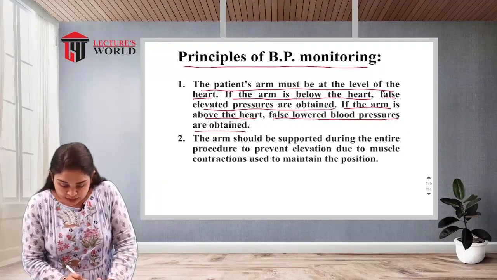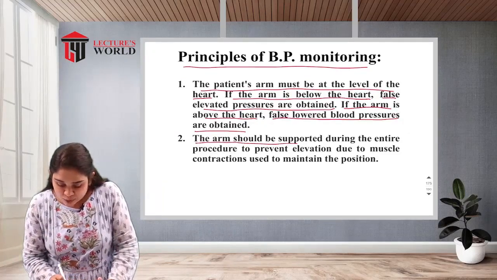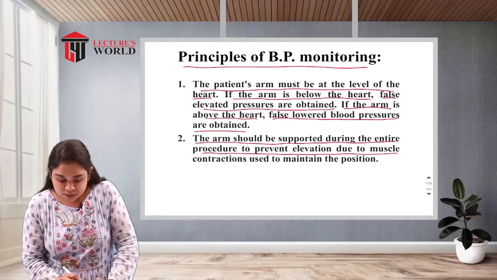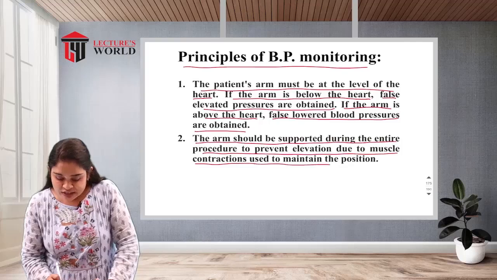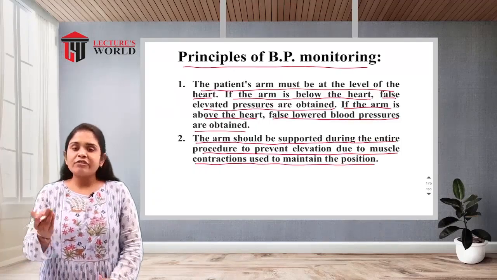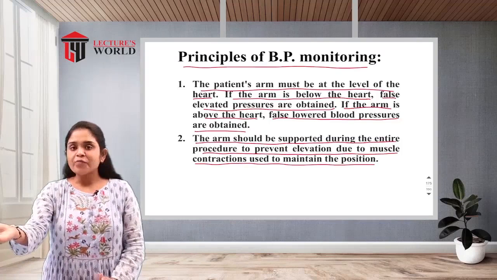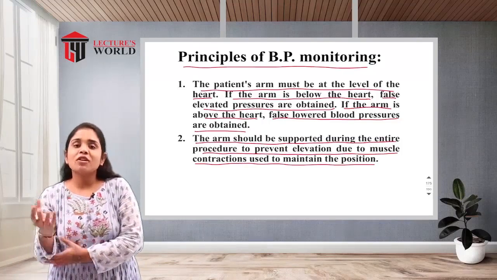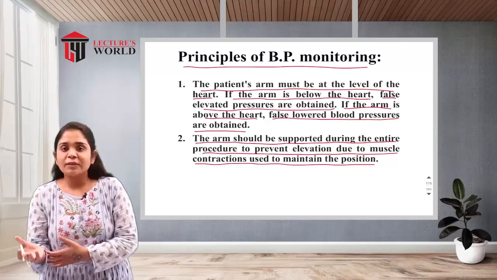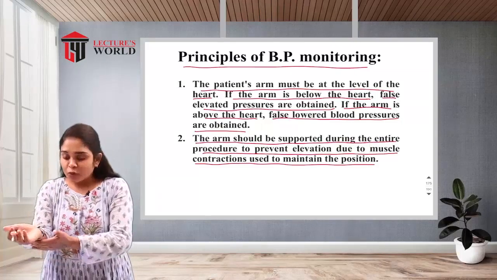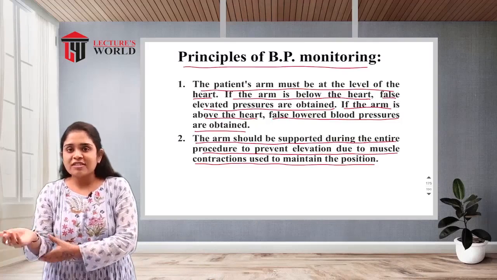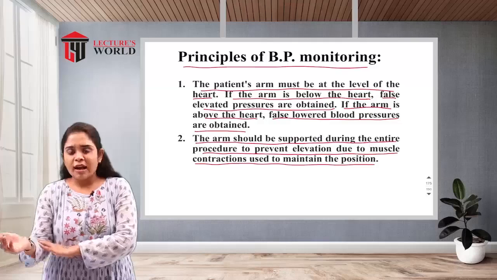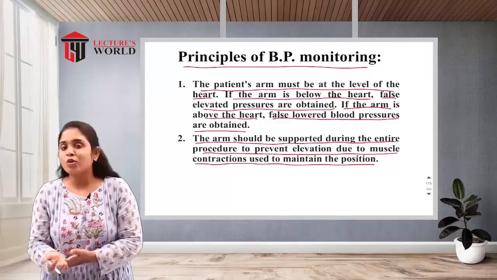Then second, the arm should be supported during the entire procedure to prevent elevation due to the muscle contraction used to maintain the position. What happens if we are holding our hand like this? If we are not providing any kind of support to our hand, contraction and relaxation of the muscles will be there, and the hand will drop down. So make sure you are supporting the hand properly